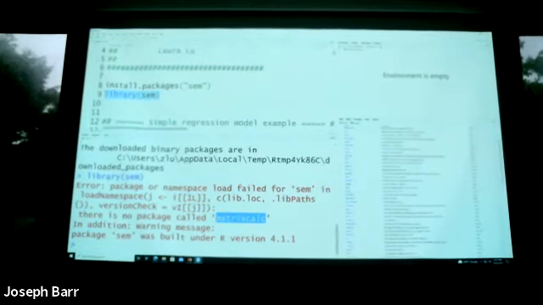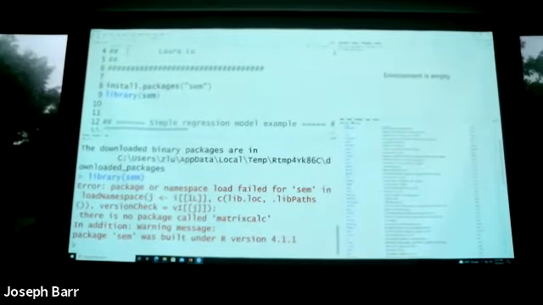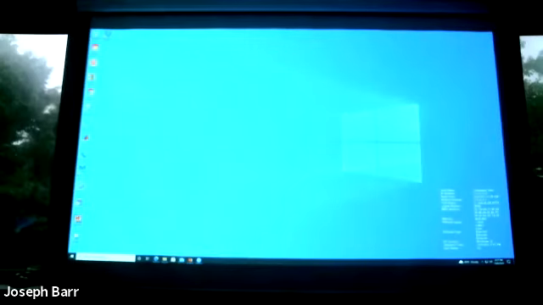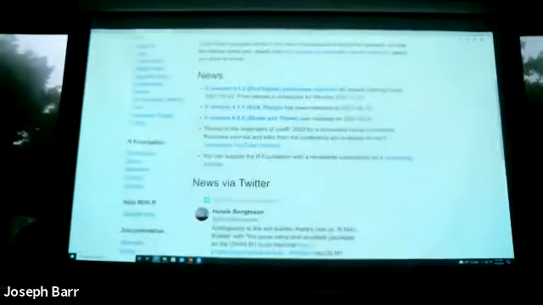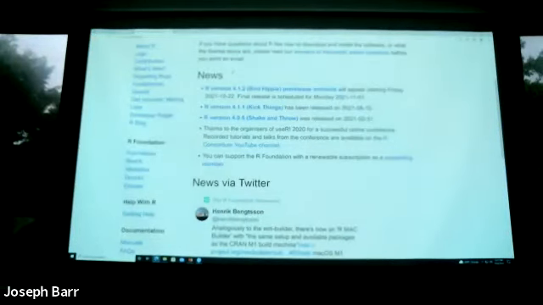It's R Studio and R. We can just go to the website. Yeah, here, okay, download. Let me see, download the R. Try some things.